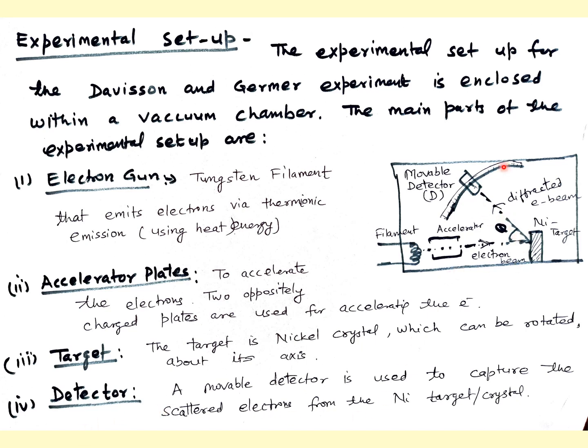There was a detector which we can move, and they found the scattered electrons from the nickel target at a certain angle theta,